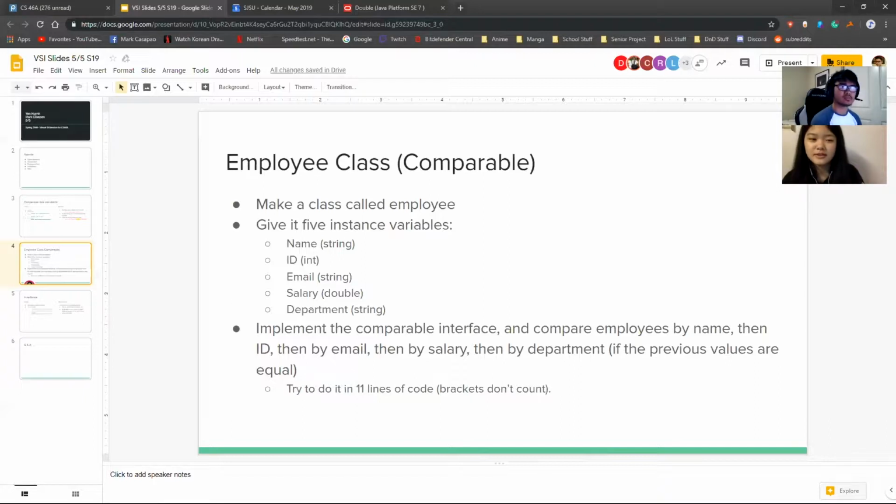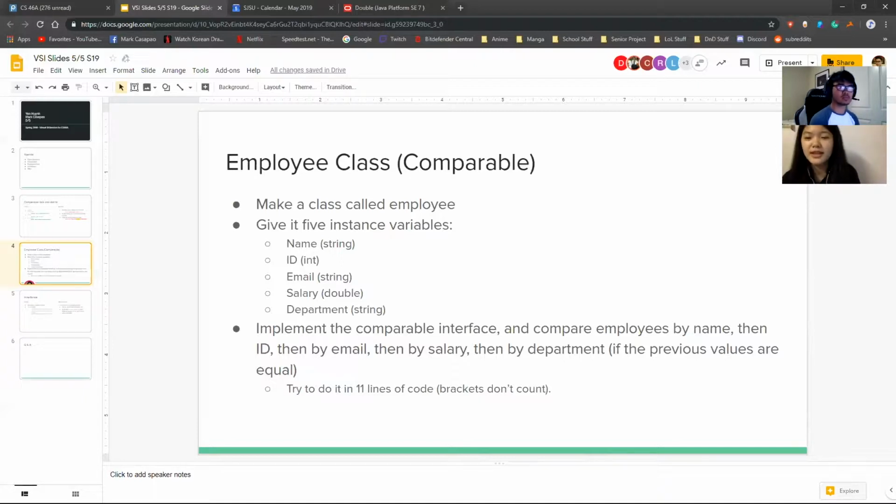So that means you have to check when it's not equal to 0, or when it's equal to 0. When you compare the two things and the result returns a 0, then we compare by another